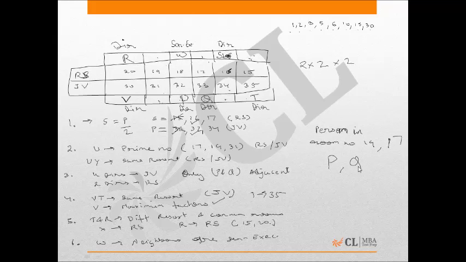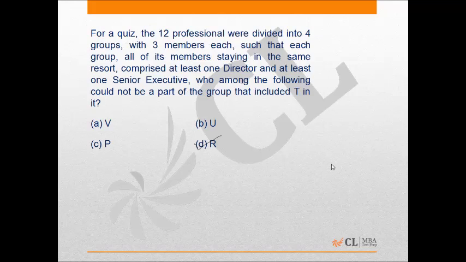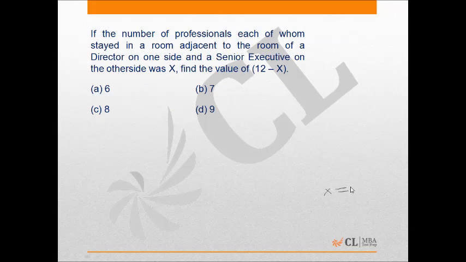So Q is again possible, and the person who is staying in room number 34, for him it is not possible because both the adjacent neighbors are Q and T. Hence, there are four people who satisfy our condition. One is P, the other is Q, and the other remaining two people are those who stayed in room number 19 and 17. So the value of X is 4 in our case. So 12 minus X would be 12 minus 4, that is 8. So the answer is option